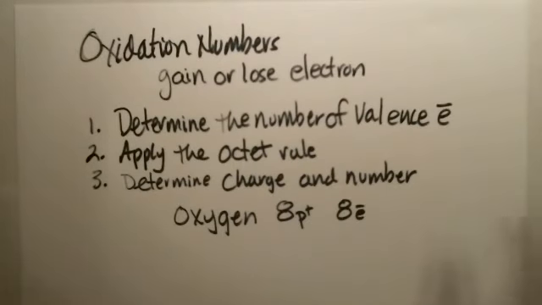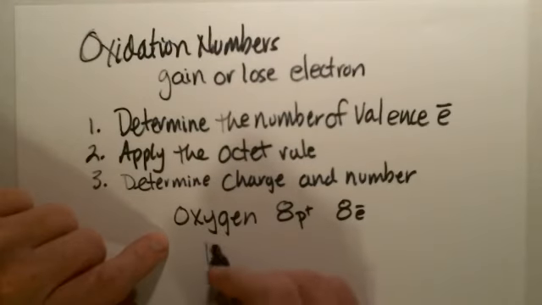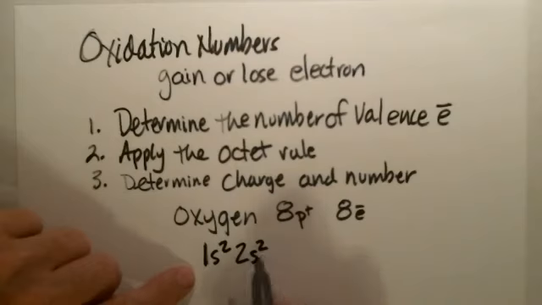So if you want to know about how to do electron configurations, you're going to have to watch the other video. That has a whole separate piece to it. I'm going to make the assumption that you've already seen that video and you understand how to do electron configurations. So when we look at oxygen, its electron configuration is going to be 1s2, 2s2, we've already used up 4